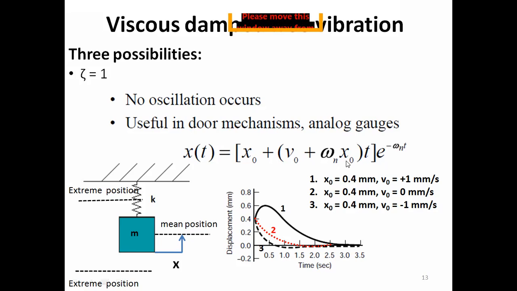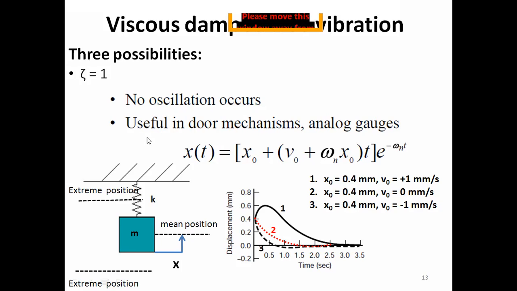X naught again appears, that is constant. Time, it is changing, it is increasing, t is increasing with time. So this quantity would increase with time, but here this quantity would drag it down, and after some time it will eat all this quantity. So just looking at the equation for the response, this mathematical model tells us that there would be no vibration, so no oscillation occurs.